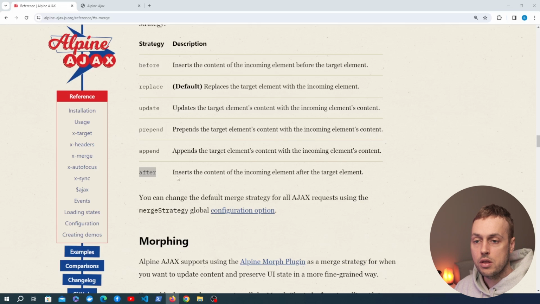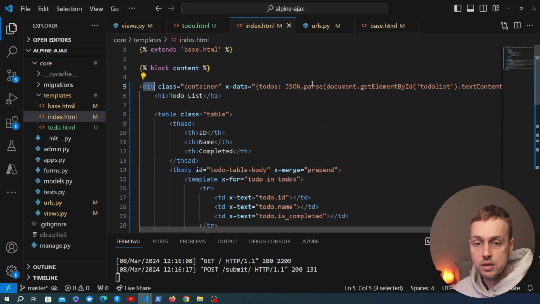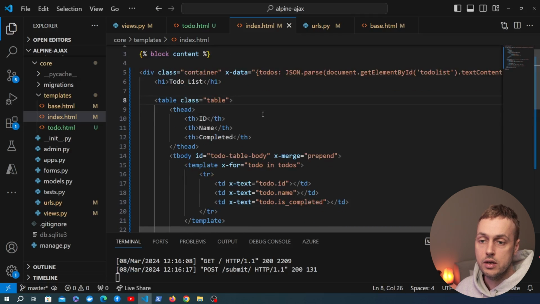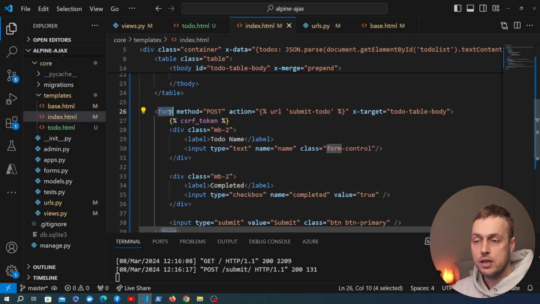So what we did to start with is create an Alpine.js component, and that was created on this div here using the x-data directive. And then we created a key in that x-data called to-dos, and we're reading in the JSON content that's being returned from Django for those to-do items. Once we had the to-dos, we were rendering them out in a table here, and then we created a form that allows us to add a new to-do, and we added the Alpine AJAX x-target directive to that form,